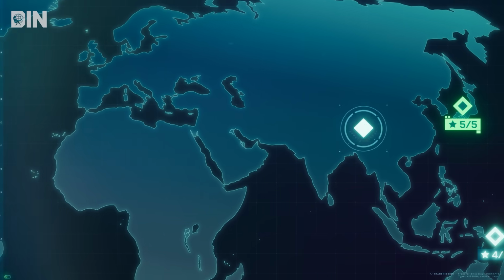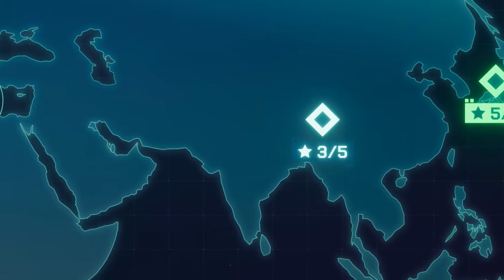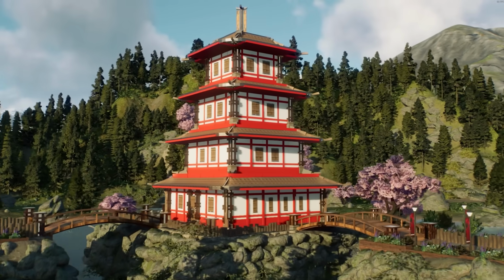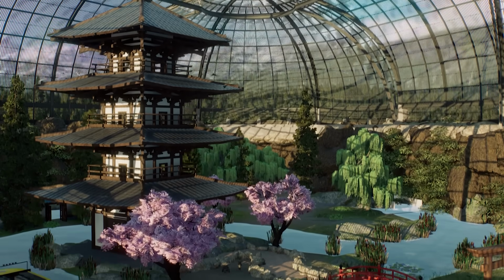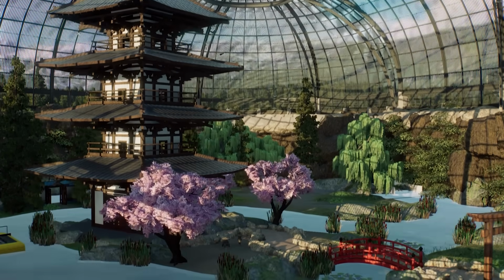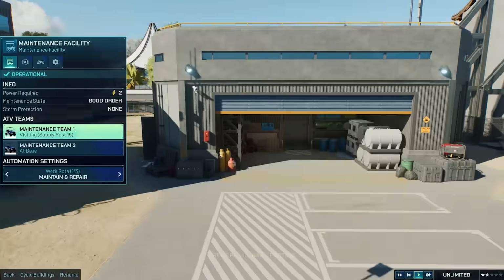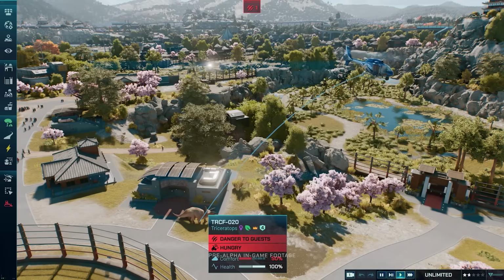Now the campaign will have 2 Asian locations, one in China and one in Japan. I'm currently working on a Jurassic Park Japan in Jurassic World Evolution 2 using mods, so I'm all too familiar with the fact that the species roster is currently completely lacking in Japanese representation. So since the campaign specifically has us building Jurassic World Japan, I think Jurassic World Evolution 3 should and will